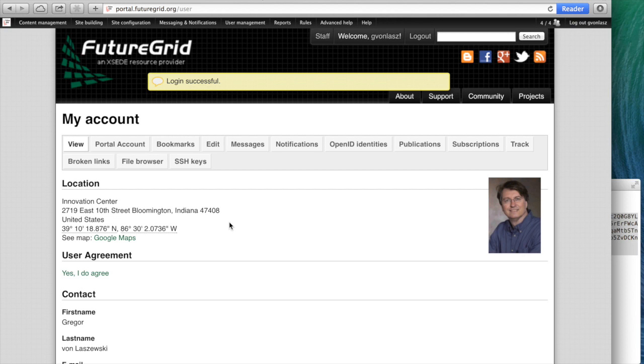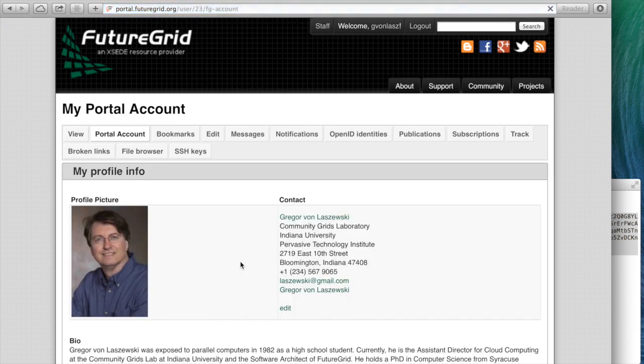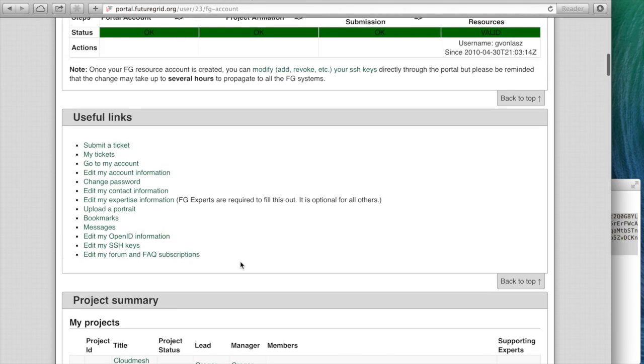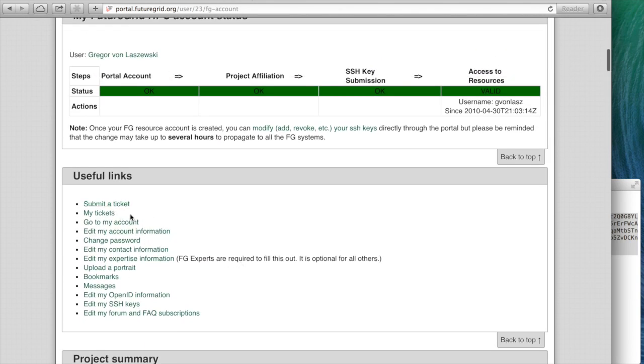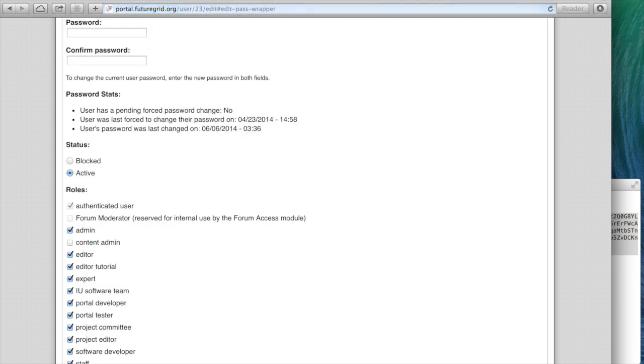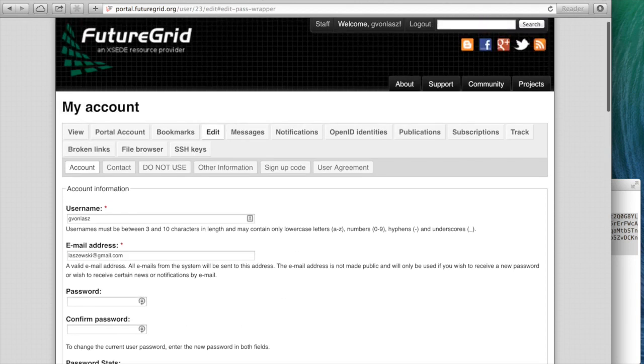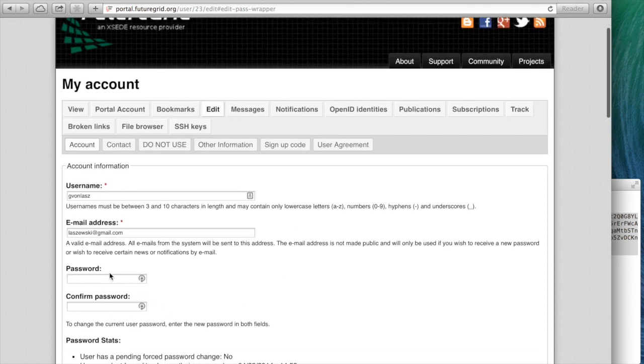This is very convenient. However, please remember that for certain activities you will still need to be remembering your password. In case you've forgotten your password, you can reset this while going to portal account and fill out the form for password reset. There's here a link that says change password. We go to this particular change password link, and here we have the information that asks me for the password. At the bottom of the page is a submit button that I need to be pressing in order to submit